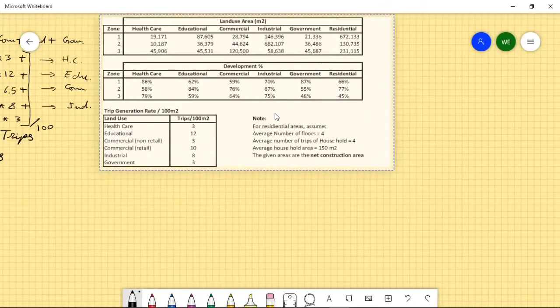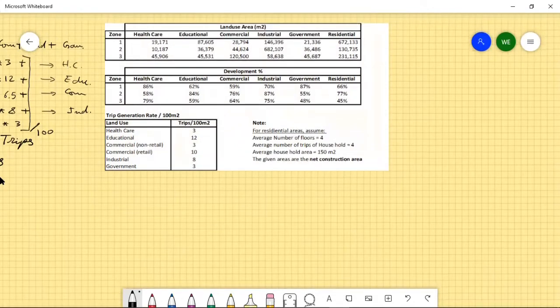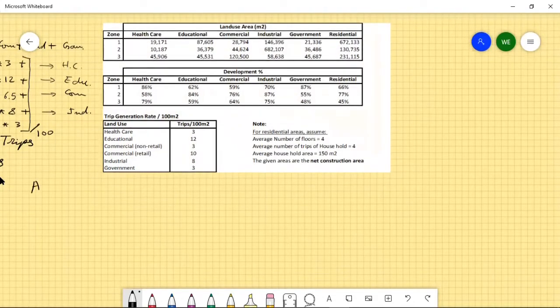So we're going to do the same for zone 1, for zone 2 and zone 3. So for zone here, that's attraction. Okay. So here we are talking about zone 2 equals